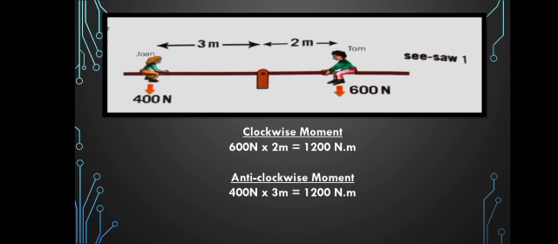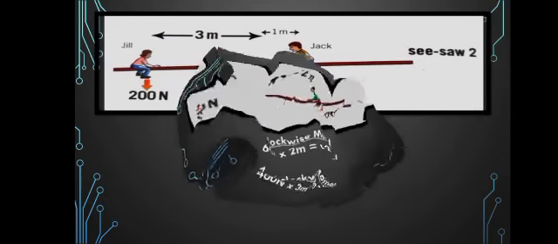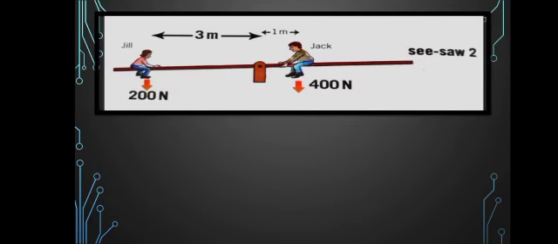You can see both distances are different. Both forces are different. But the moments being produced are balanced. Both came as 1200 Newton meter. Is that clear? In this case, we have balanced moment. Is that clear? Now another example which I want to discuss with you is that there is a Jill and